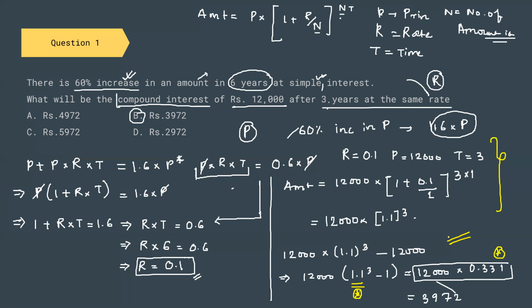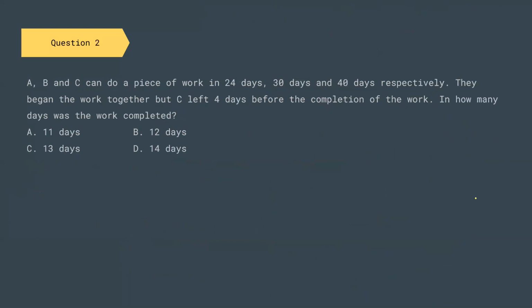You have to see two things: whether I can solve this question or not, and second, whether this question can be solved in as little time as possible. So remember two things: time as well as accuracy. So let us go to the next question.